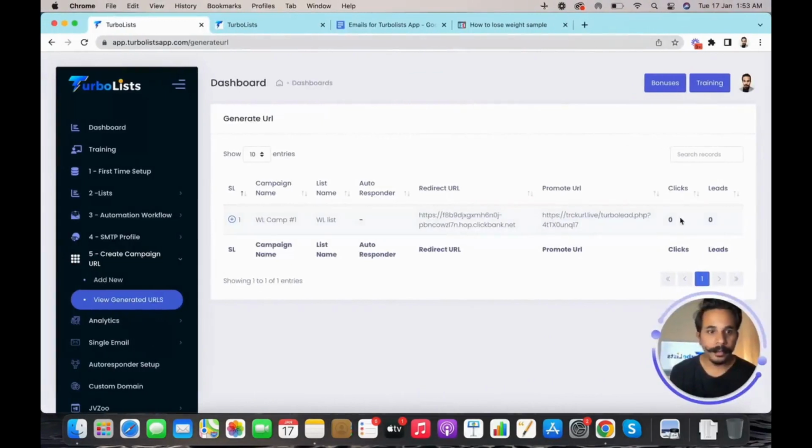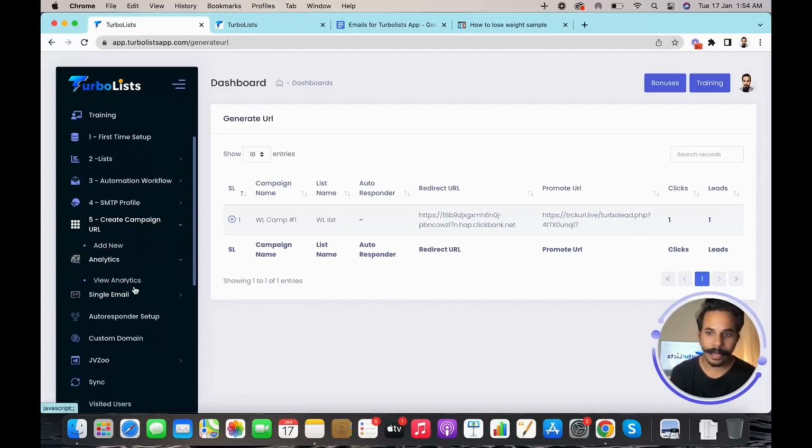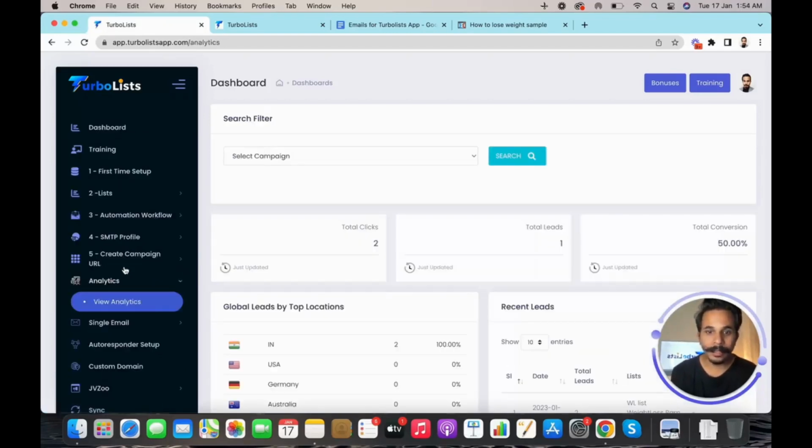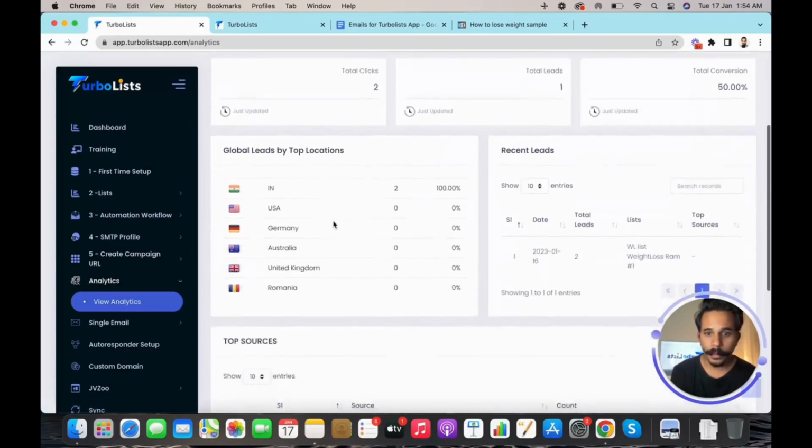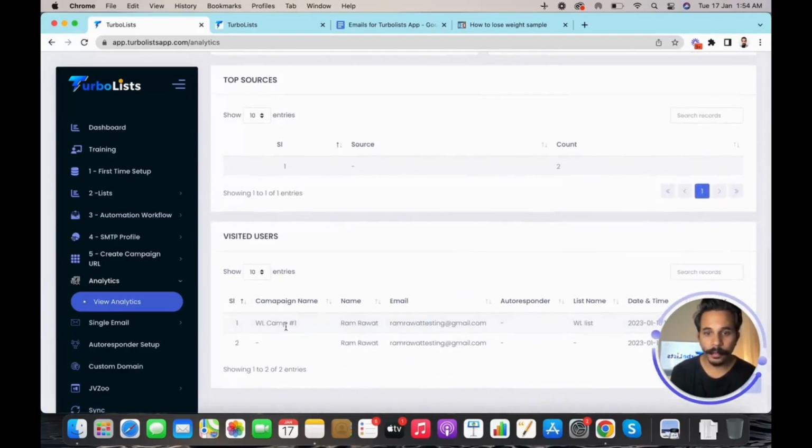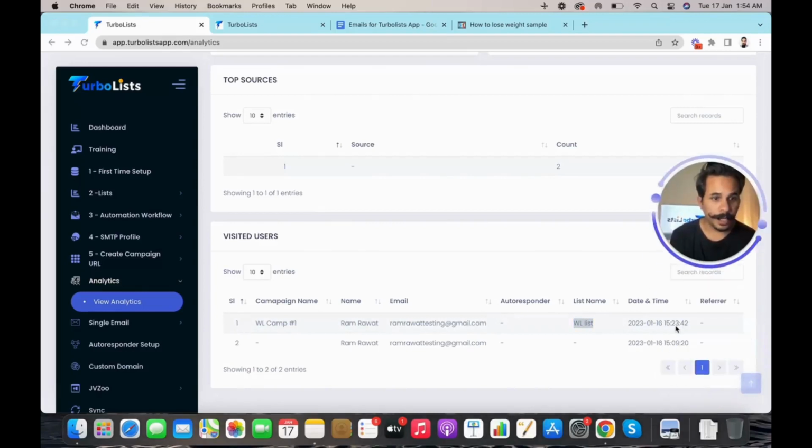And I'll come back here. You already see that it shows 0 clicks and 0 leads. Now we will refresh this page and we can see that we have received 1 click on this URL and 1 lead is added to this URL. So I'll just go to the analytics option, click on analytics, and scroll down. We can see that for WL Camp 1, there is 1 user registered named Ram Rawat with so and so email address, and this was the list name, and we can even see it was added at 3